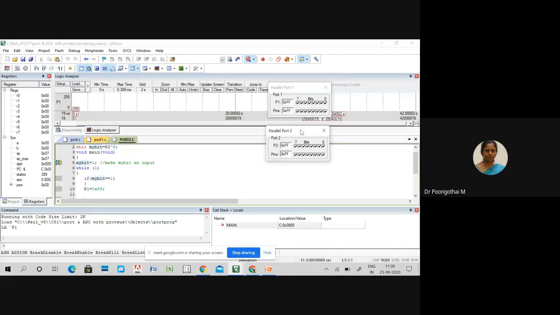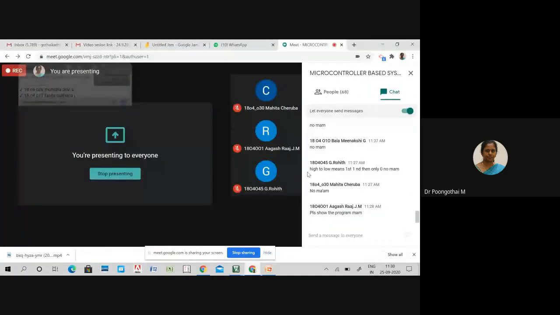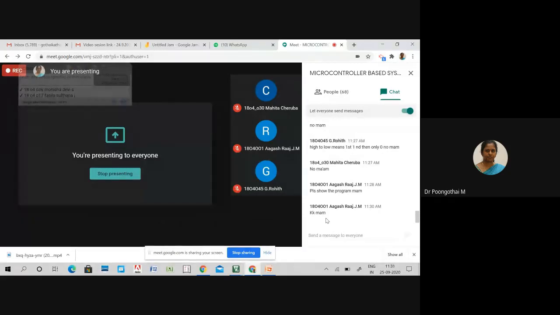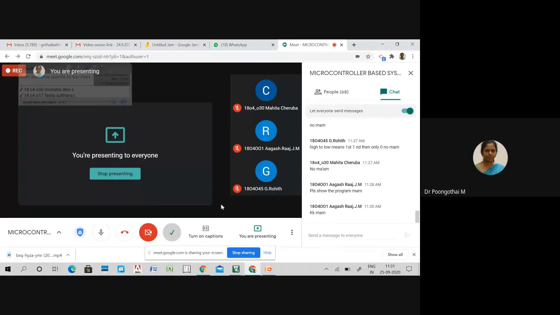For that case, we have to write 1 to particular port pins, or FF to the entire port, writing 1 to all the port pins of your 8051 ports. As previously explained, only if you write 1 is that configured as an input. So the default port configuration is output. So if you are using a particular port pin as an input, you have to write 1. So that is the concept in your IO port programming. I think I have cleared your doubt.